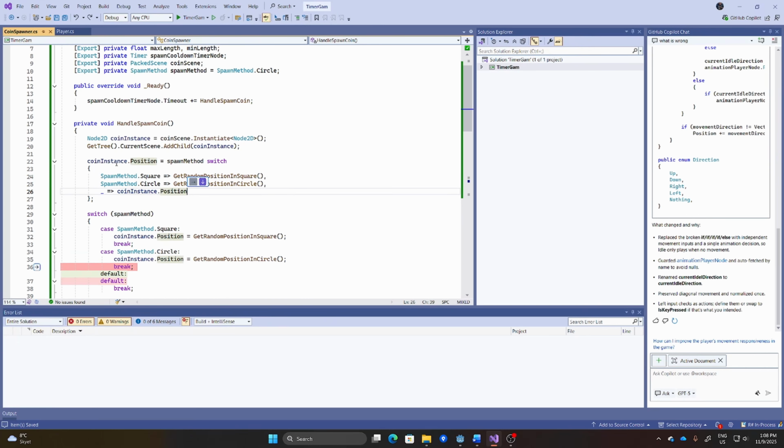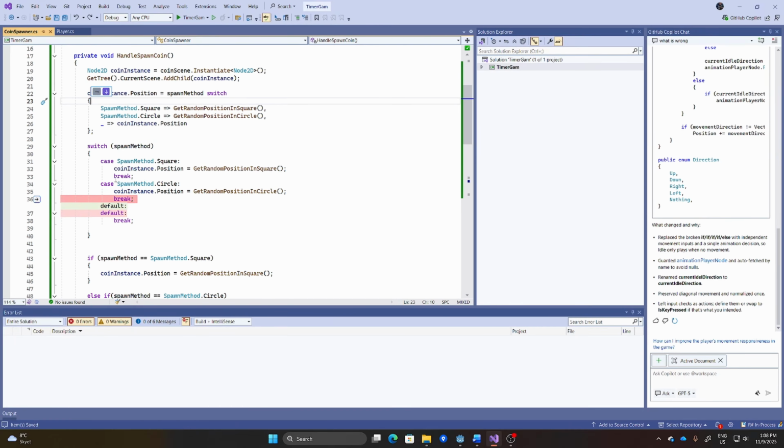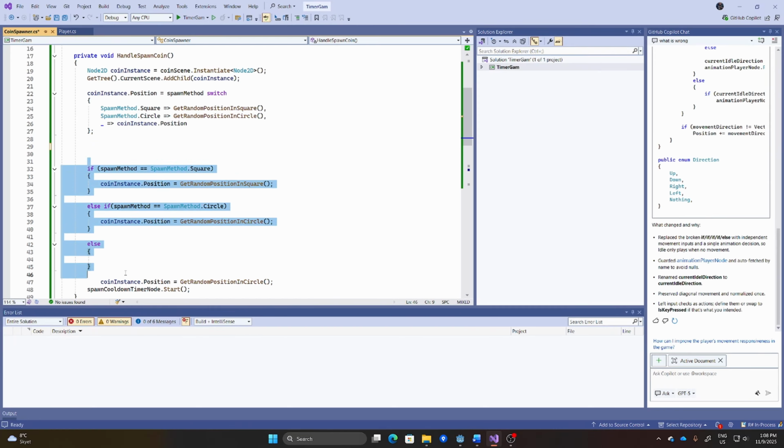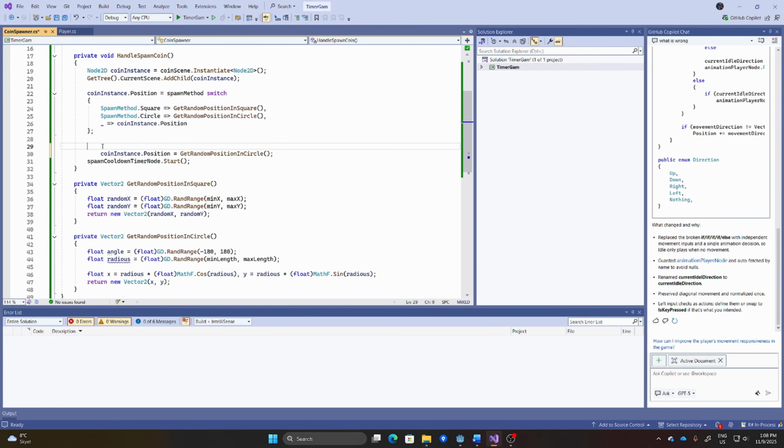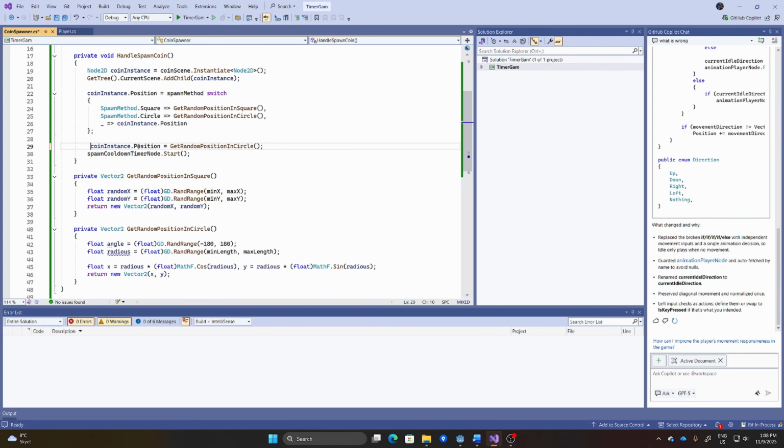And it's only when you have to assign something to a variable that you can use this kind of switch statements. Else you're going to have to use the other kind of switch statement. So if we delete this and we delete this, we can see that it's working. So let's go in and see if it's working.